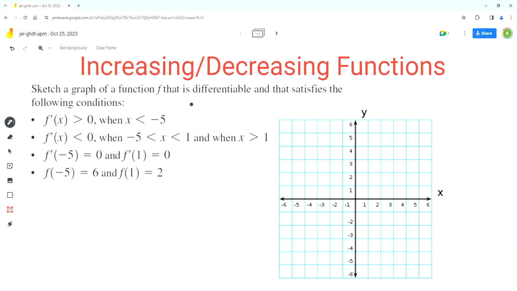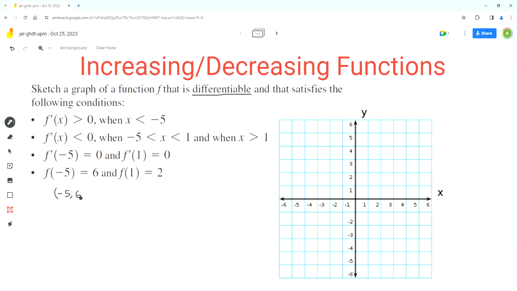Now we are given that the function is differentiable, so that means that this function has no vertical asymptotes, jump, or any cusp points. So that's the first thing we need to understand and memorize about this concept. So now we'll start with this last condition, because the last condition gives the points that lie on this function, and these points will help us identify the direction in which the function is going on either side of these points. So the first point is given to us as -5,